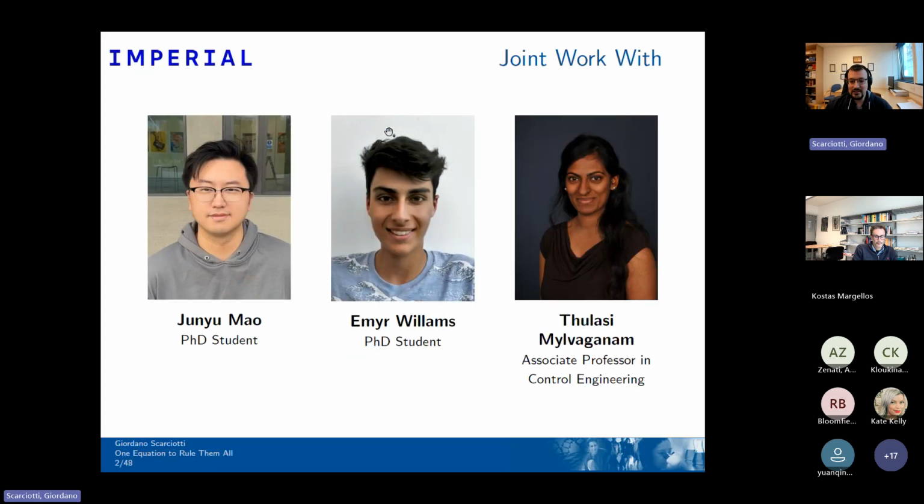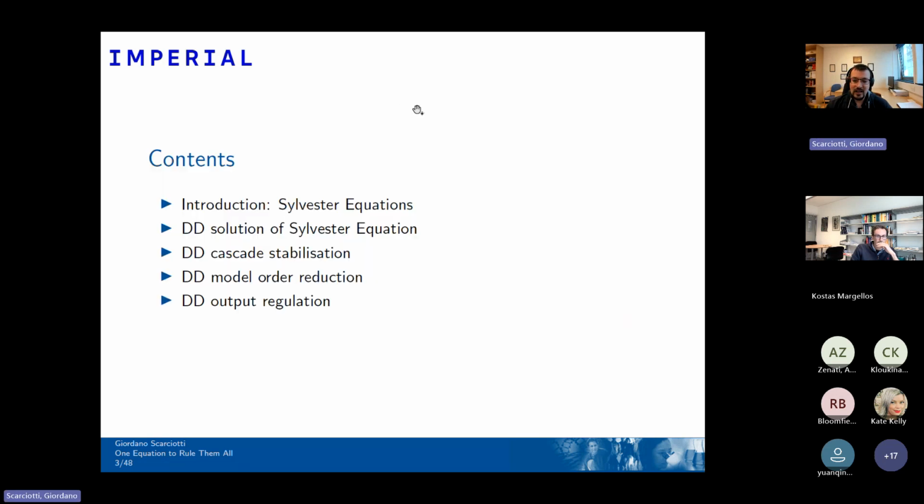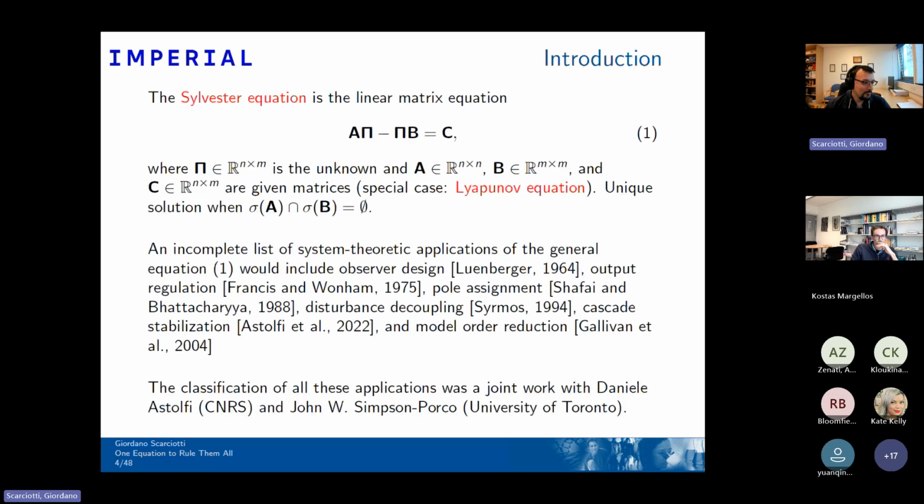Let me first of all mention that this is joint work with Junyo Mao and Emir Williams, who are two of my PhD students, and with Tulasi Malvaganam in the Department of Aeronautics, a professor in control engineering. I will start first with the model-based theory, and then I will move to the data-driven version of this theory. The equation that is going to rule them all is the Sylvester equation,